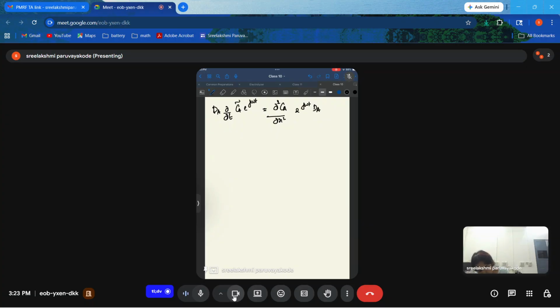Now let's open it up and differentiate CA. j omega CA e raised to j omega t is equal to dA ∂²CA by ∂x² e raised to j omega t. So you have